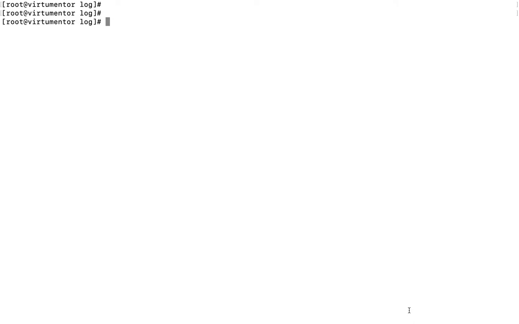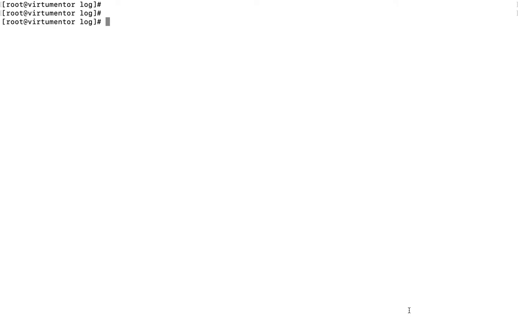Welcome. In this session, we are going to learn the grep command. The grep command is used to search for the patterns that the user provides and print the lines which contain those patterns. Here we are going to take the example of the var log messages file, and in that file we will search for some patterns.